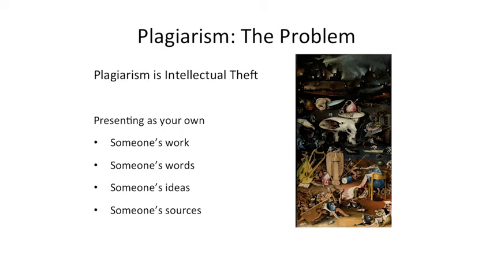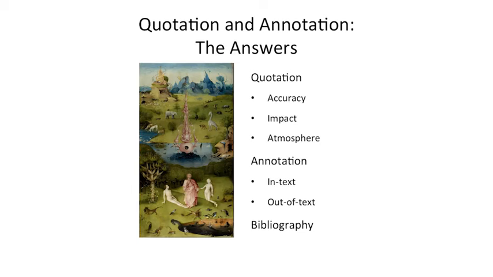And when you quote, you use the exact words used by the author, and you show this by placing it in inverted commas. Now, there are three circumstances in which you could consider quoting. You should quote, for example, when you require absolute accuracy. For example, it's common to quote relevant parts of treaties or legal judgments.